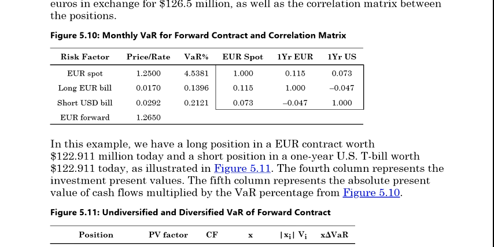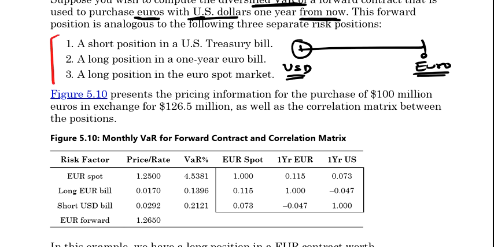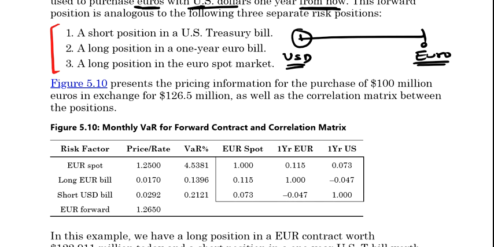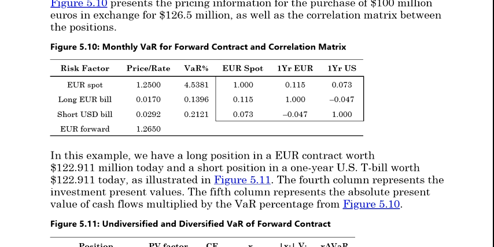So let us understand this, and we don't have any kind of calculation available for this, and even in the exam we don't have any kind of calculation, but yes, these 3 points are necessary to understand what they really mean. Clear? Now this is our euro spot which is trading in the market, the current price, and this is our long euro bill, short USD bill, and this is our euro forward. Means at this rate we have done our forward contract.